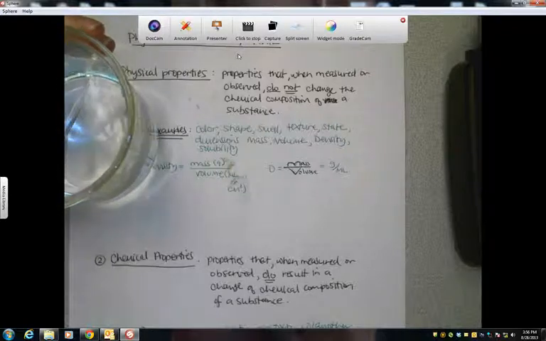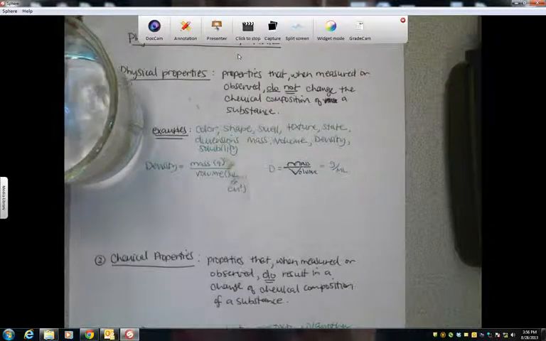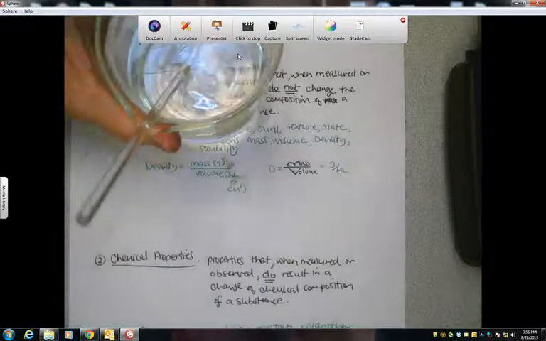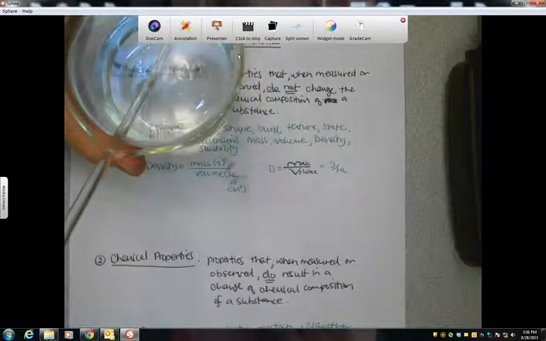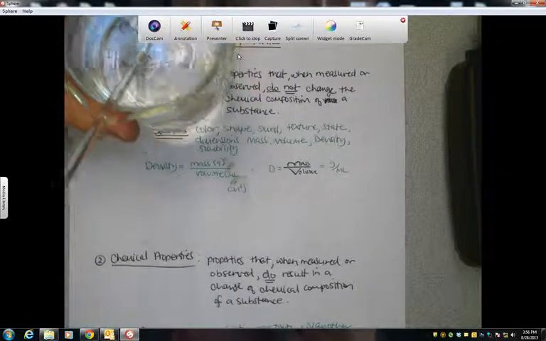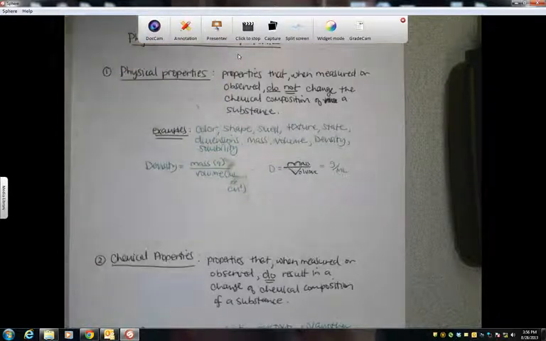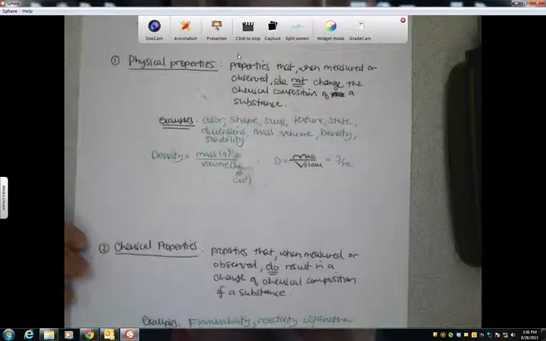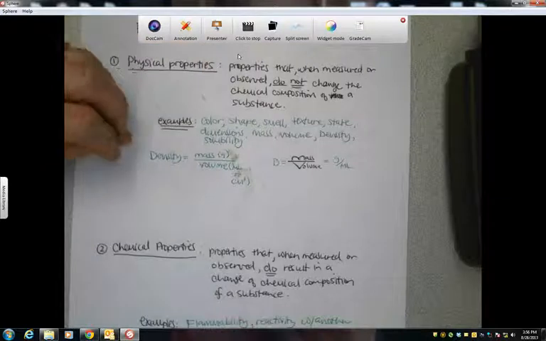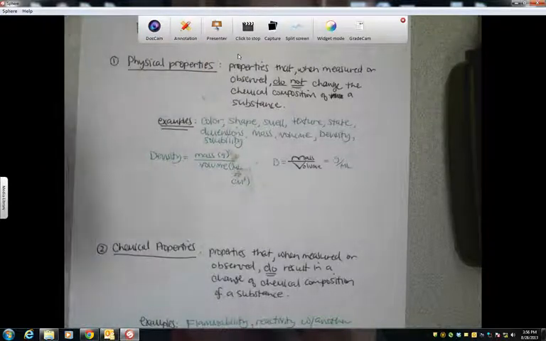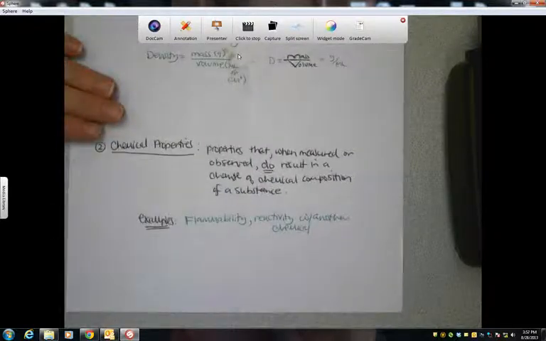And what should really make you realize that this is a physical property is that I could easily separate those substances from one another. If I wanted to, I could just evaporate off the water and I would be left with the sugar because it's been there all along. It didn't change chemically. So just remember that solubility is also a physical property. So that's a physical and a chemical property. That's the difference. Again, physical properties, once you're done observing or measuring, if the substance is still the same substance chemically, then you've got yourself a physical property. And a chemical property, if you have